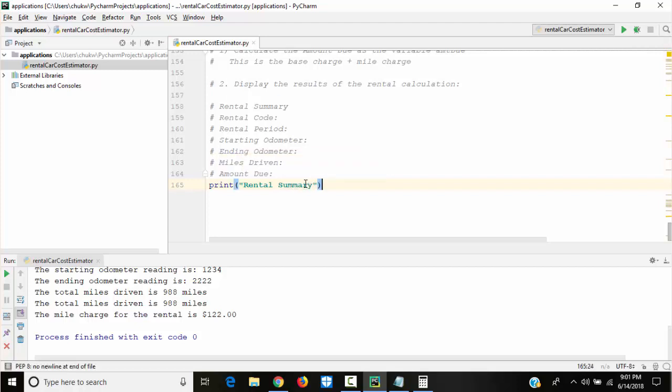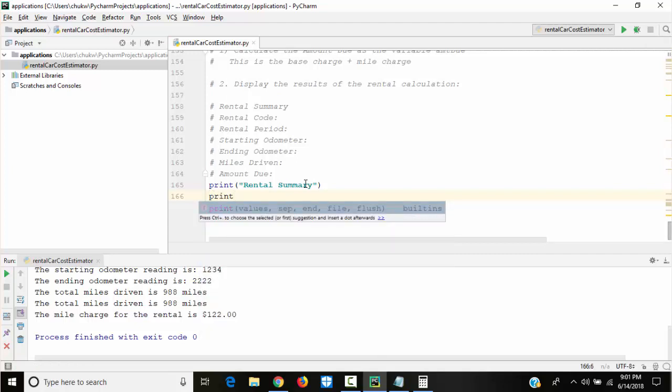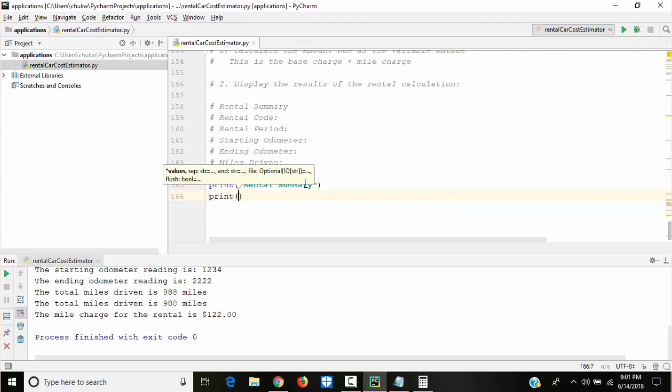Okay, then I'll say print rental code. Rental code is a code anyway, so I'm gonna just concatenate it, put rental code.